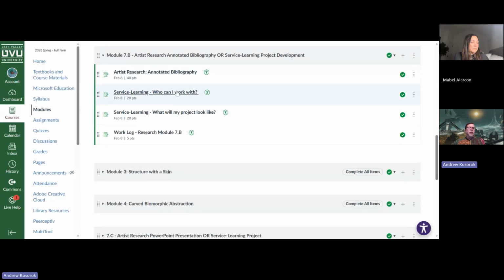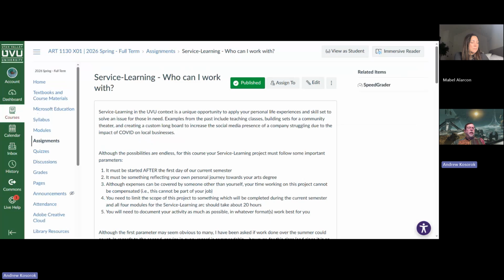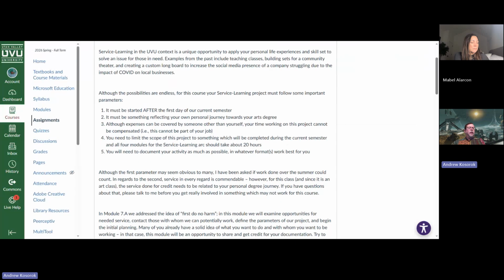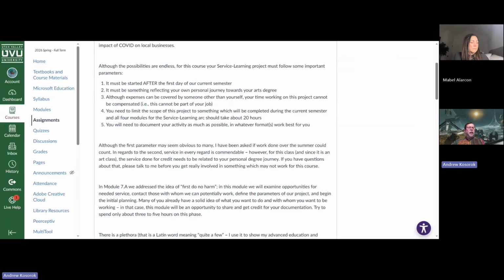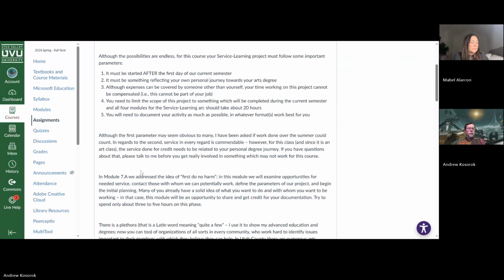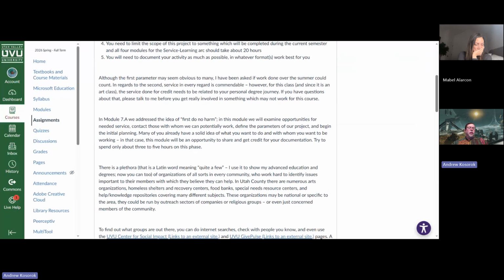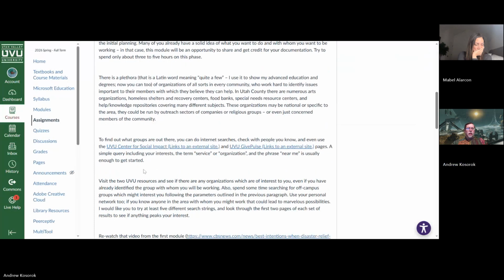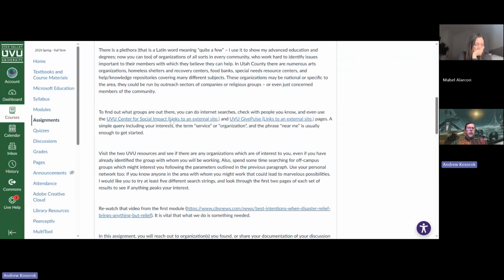So here in the previous one, you list 5 different people you can work with. And then in this assignment, you're going to be talking about doing a little bit of research on those people. And it may be as simple as finding specifics as who to contact. And there's a really good resource on campus right here. The Center for Social Impact